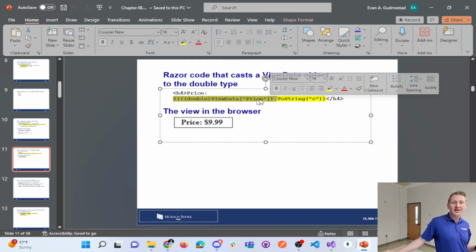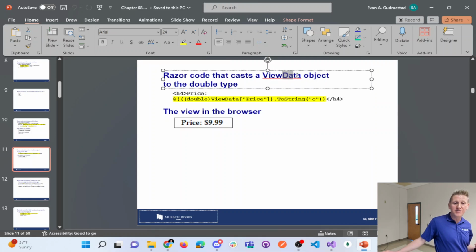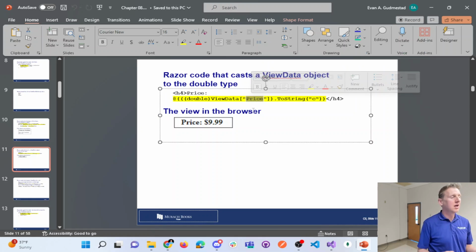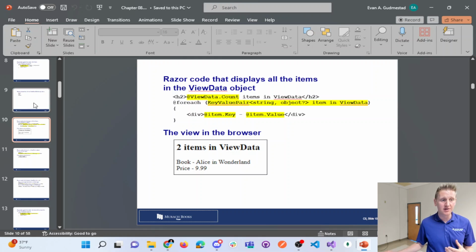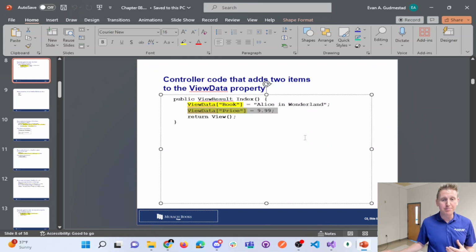When you're storing data, this is really quite strange. In view data though, imagine your price is $9.99. C# is pretty strict in that view data has no data type when you're putting the data in. Look at this. View data price is $9.99. Well, $9.99 is a double. C#'s strict, so you need to tell it it's a double. So even though we didn't put a data type on this view data going in,